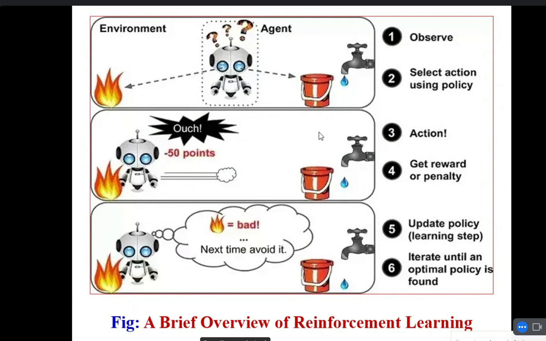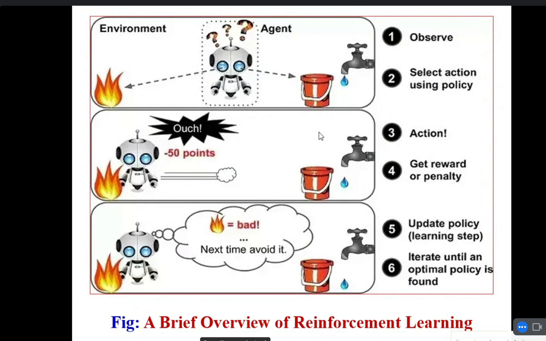If it takes a wrong step, automatically minus 50 points will be deducted. Fire is a bad step, so next time it avoids it. That means it rectifies its mistakes itself.